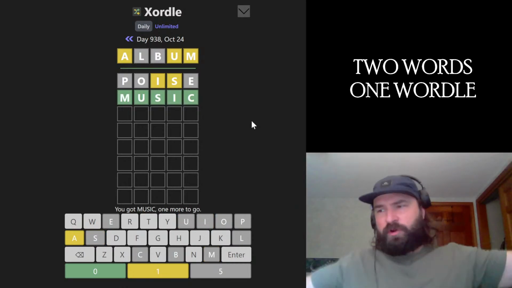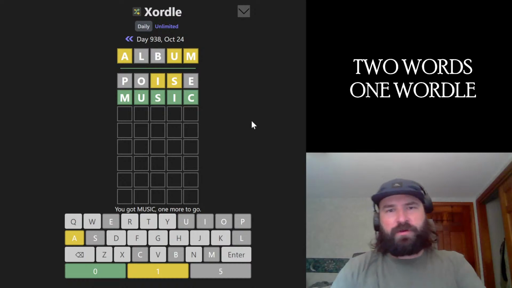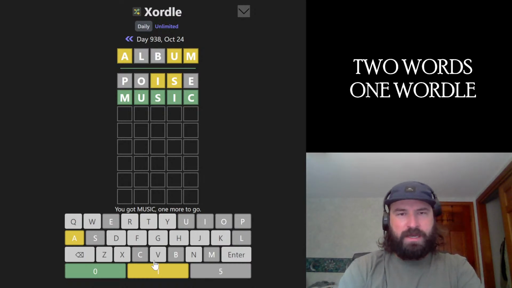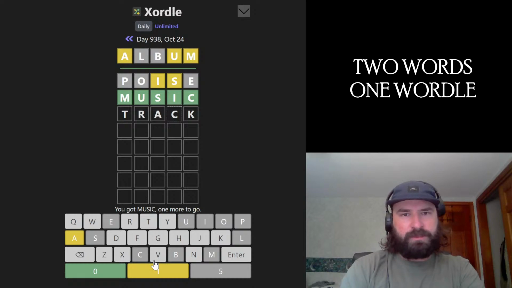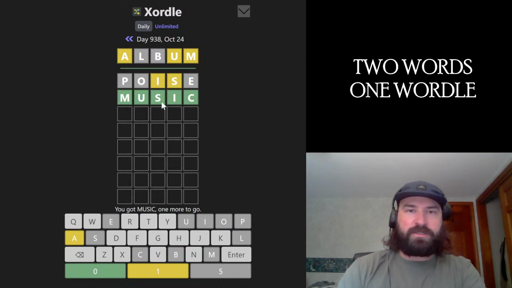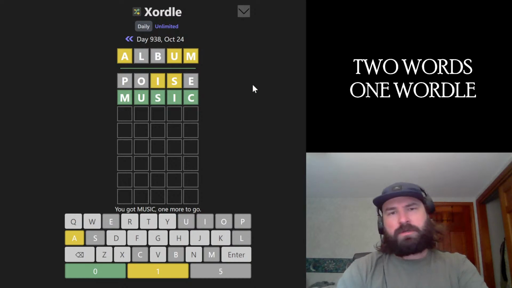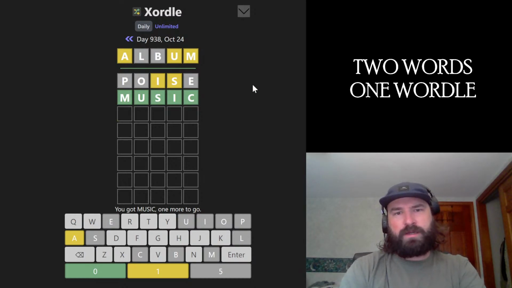Album, music go together because they have to do with each other, you know what I'm saying? All right, now I just have an A. I was really tempted to go track. You can track an album, but I don't have a C. Okay, so our vowels are A. I didn't even notice that we had an A. Okay. I forgot about that. But album,